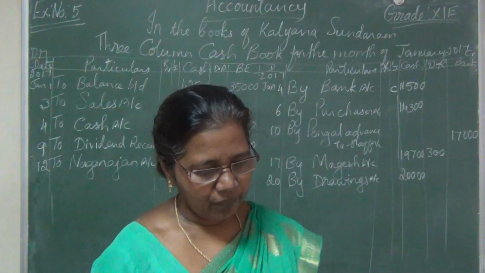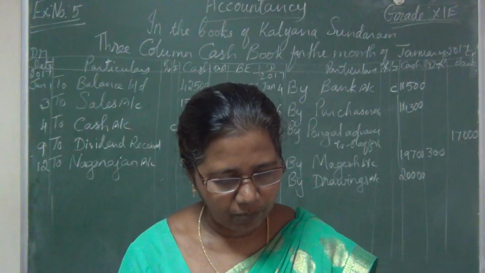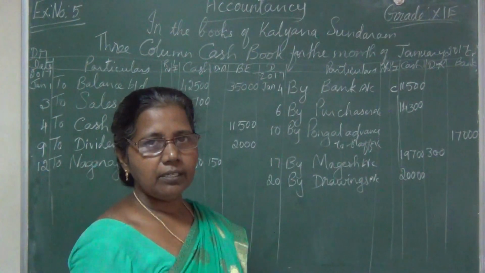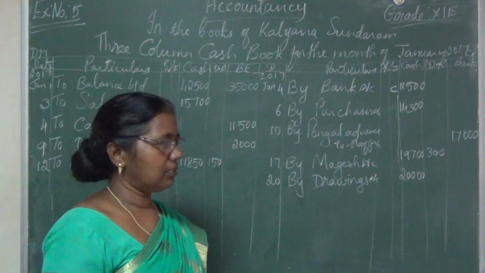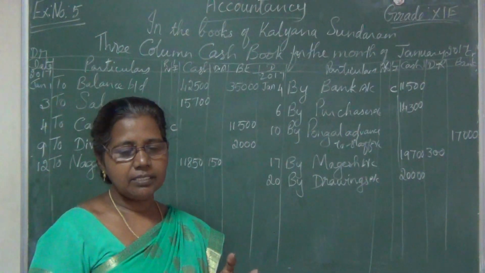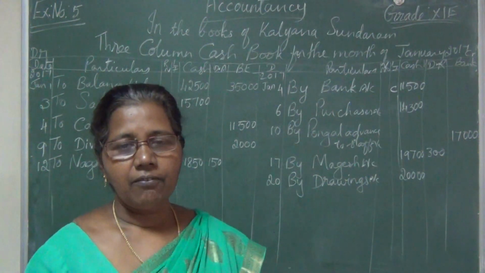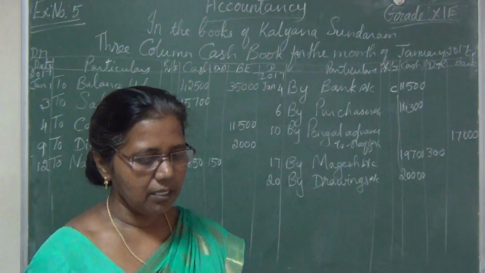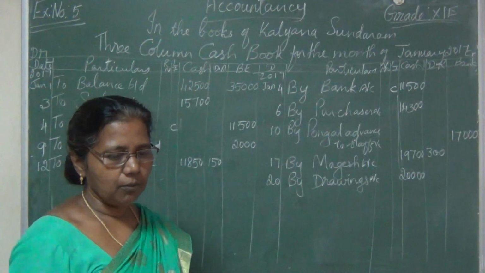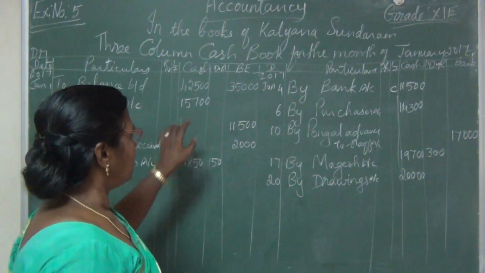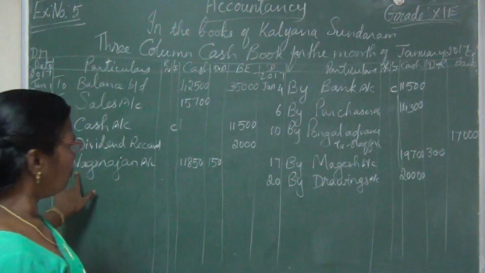Okay, then withdrawn cash from ATM for office use. So here we are withdrawing cash for office use. So it will be a contra entry, isn't it? I told you, when we deposit cash into bank and when we withdraw money for office use, it will be a contra entry. It will be posted on both sides, isn't it? So what will be the entry? Cash account debit to bank.